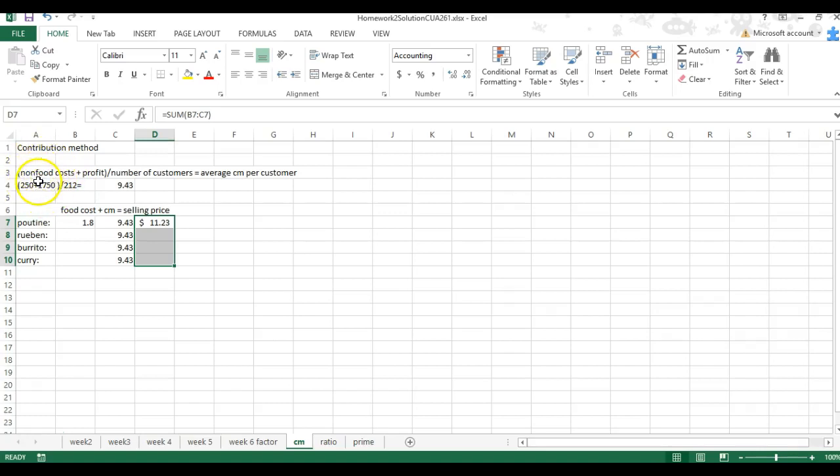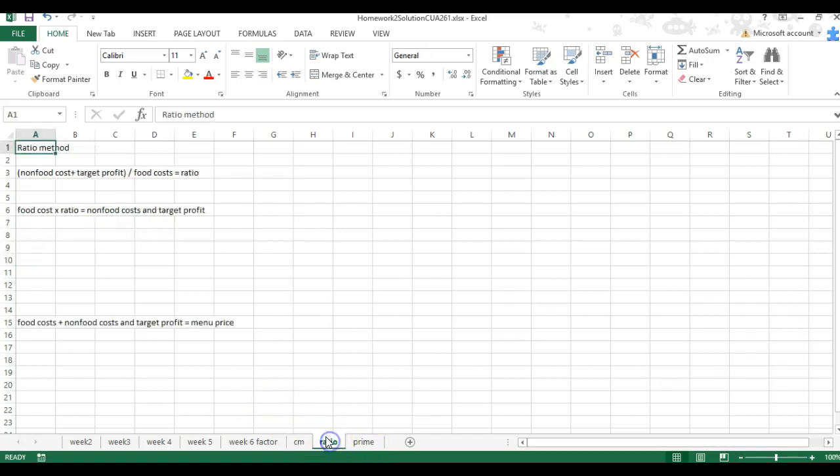But now that you've already done that number, we'll come over here to ratio and we already know what it is. So actually I might want to write that down so I'm not flipping back and forth. 250 and 1750. 212. Okay, so let's go take a look at the ratio. So we've already figured out what the non-food is. 250 plus our target, which we talked was 1750. Close that parenthesis. Now we're going to divide by